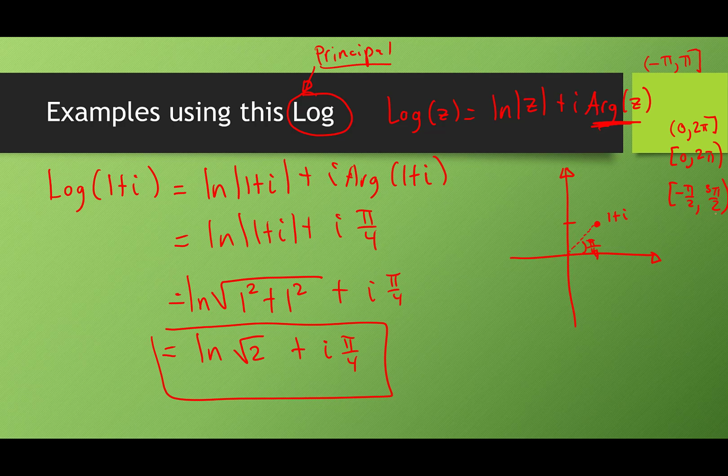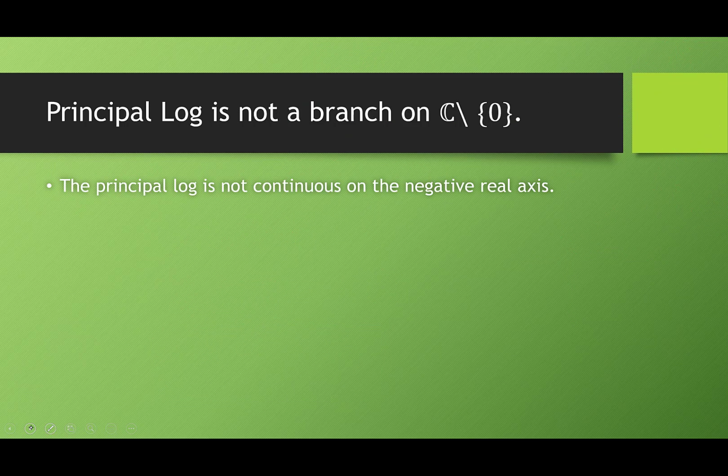Okay, so there's infinitely many logs. The convention that mathematicians usually go by is this one right here. We usually take it to be between negative pi and pi like this. Okay, but just keep in mind, there's infinitely many logs we could take. There's not just one logarithm function, but generally, though, we are going to be looking at the principal log. So a couple of notes.